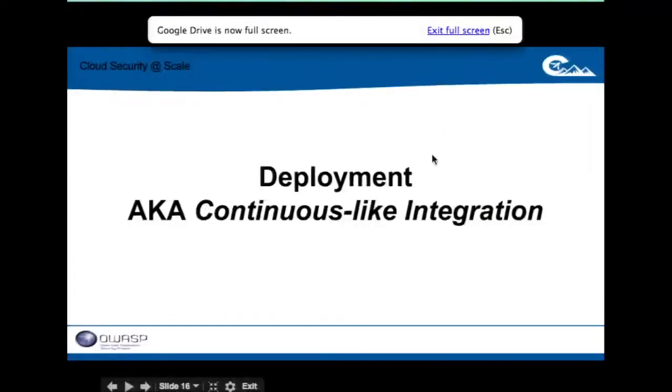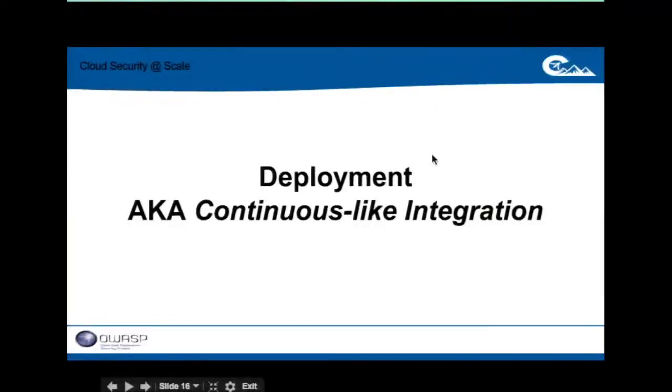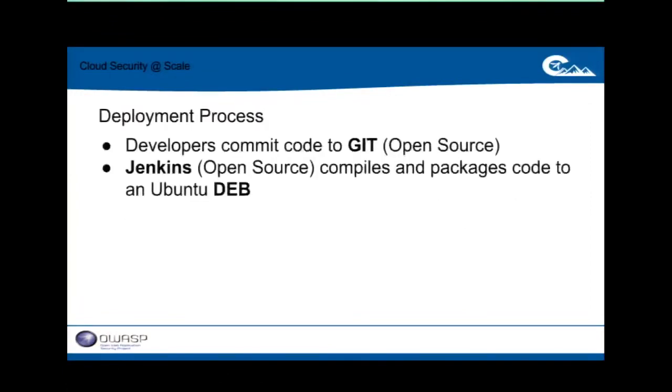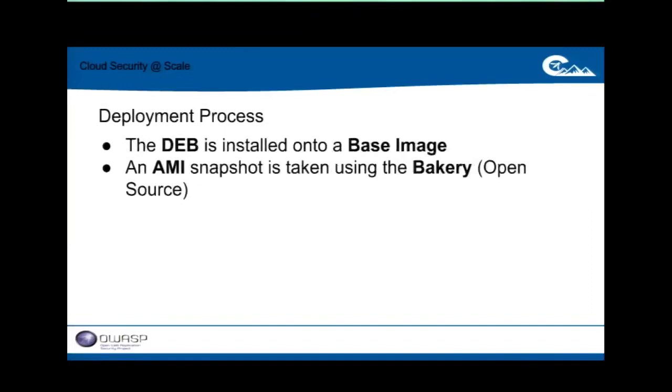So let me talk about deployment. And I think we've heard kind of the same story from a lot of people, so we can go over this pretty quickly. But at Netflix, the process is basically that people store code in a code repository, in our case Git. It's open source. Developers will commit their code when they decide that they want to push something out. They go to Jenkins. They tell Jenkins to take that code and package it into a Debian file, so a deb file that you might install on Ubuntu, Debian, any Debian-based system. It's packaged just like any other Debian file. That Debian file is then taken and